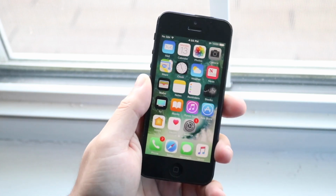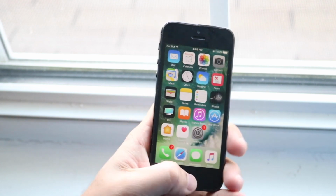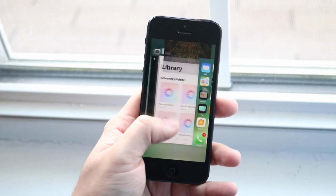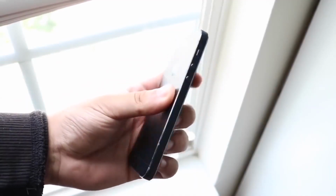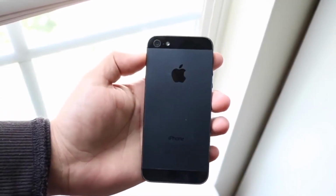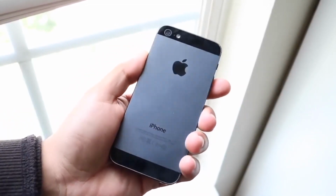And there's not a lot of phones that came out at that time, or even still come out, that have this hybrid design of glass on the back and aluminum on the back. Obviously, the iPhone 5S included and the iPhone SE, but that's still a really cool thing. So the design and the body are one of those things that have 100% held up. And as soon as I picked this bad boy up, I was like, wow. And you can even say the same thing about the iPhone 4, but the iPhone 5, the really surprising thing about it